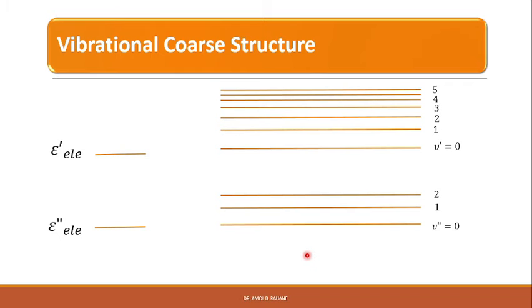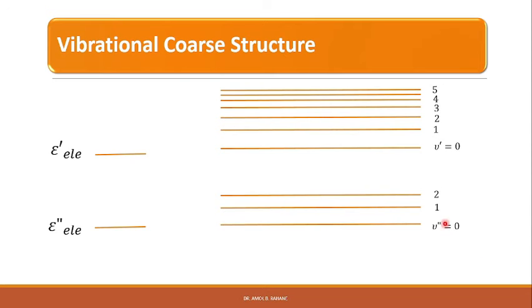In the case of electronic states in the atoms, we have seen some selection rules for the transitions, but here there is no selection rule for nu when the molecule undergoes an electronic transition. That means there are no selection rules for transitions between different nu levels, right? So therefore every nu double prime to nu prime transition has some probability, and therefore several spectral lines are expected to appear in the spectrum, right?